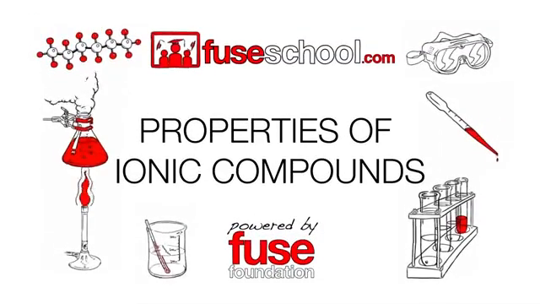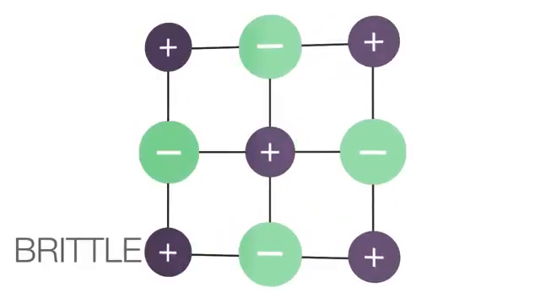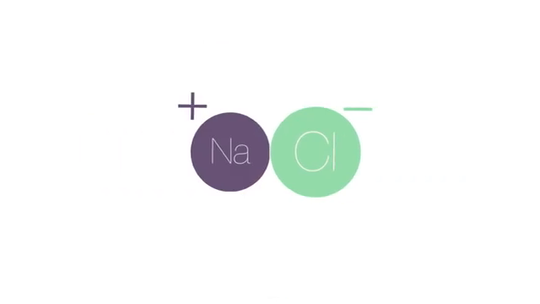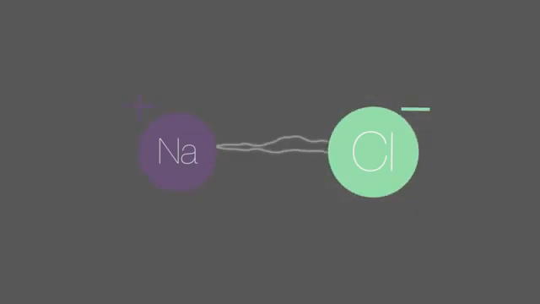In this lesson, we will learn about the properties of ionic compounds. These ionic compounds have very high melting points and are brittle because of their 3D giant ionic lattice structure. The strong electrostatic attractions holding the 3D lattice structure in place mean that a lot of energy is required to